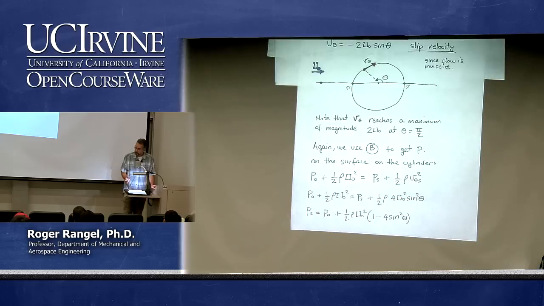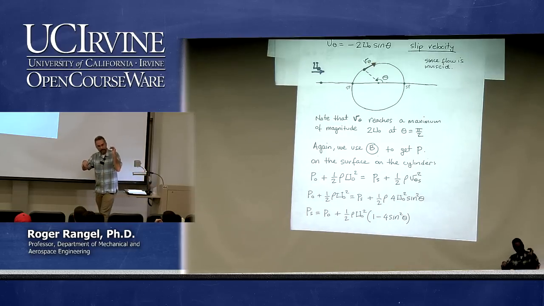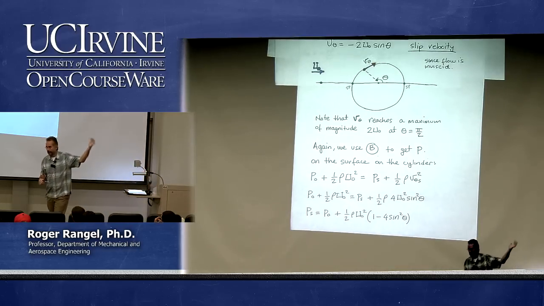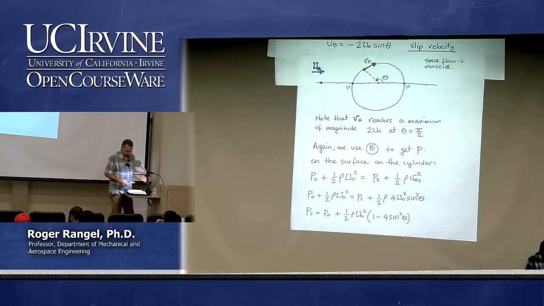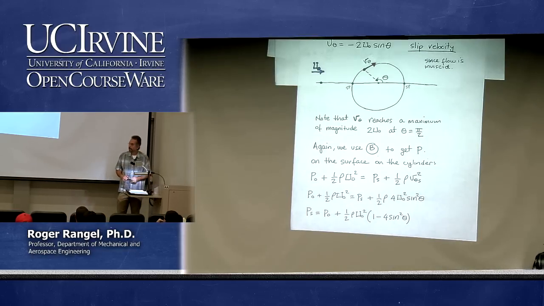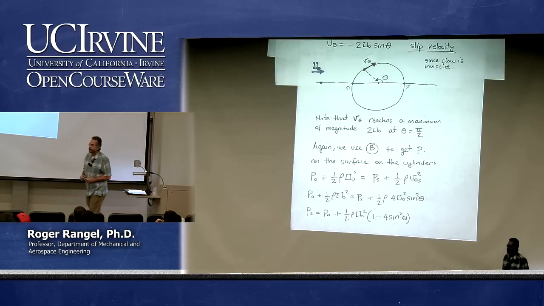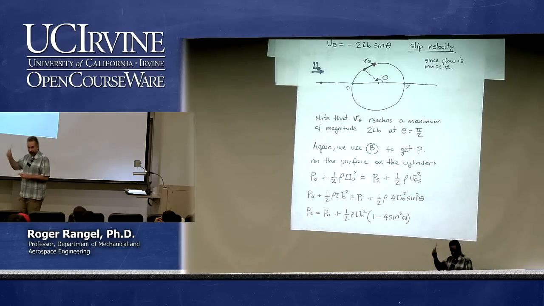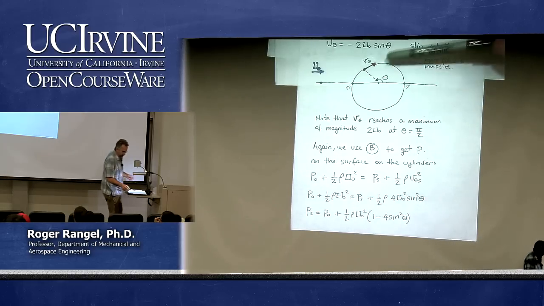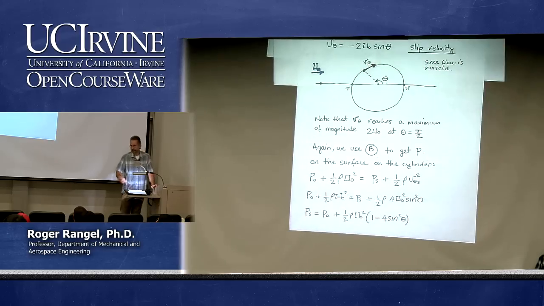It is the lowest of the pressures, and what else? P naught minus, it is even lower than the static pressure of the fluid, right? It's even less than that. Are we surprised that it's less than that? No, why not? Because the velocity is actually twice. The velocity up here is twice u naught. So the pressure has to be below